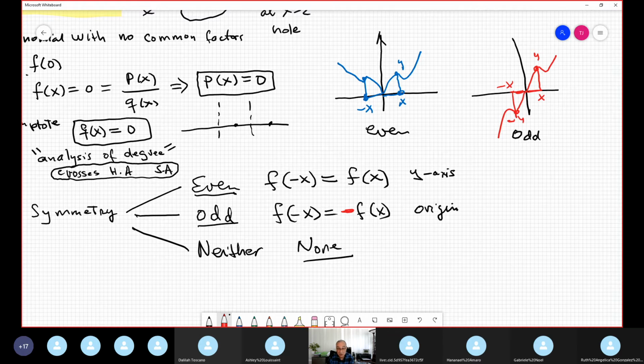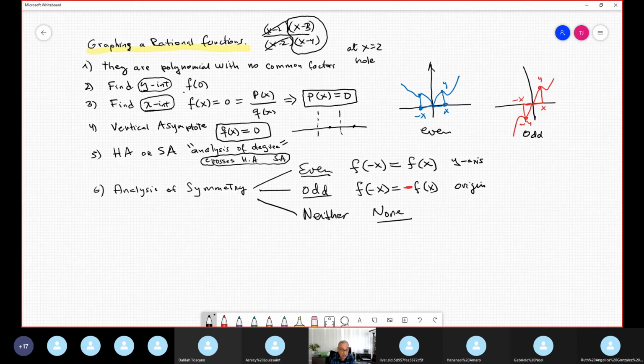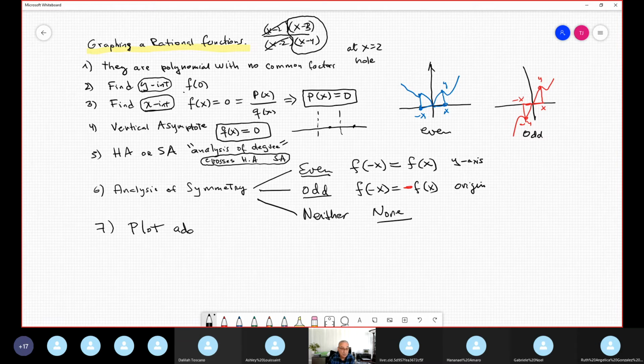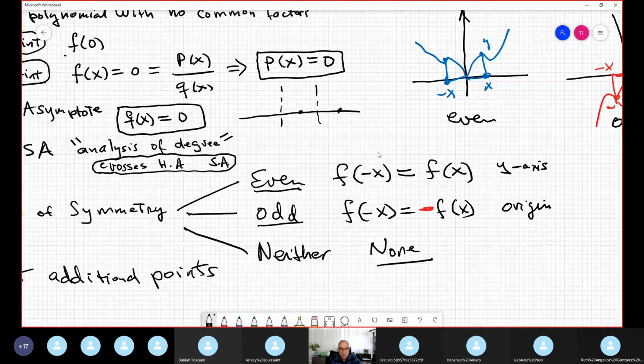So you take advantage, because the last step is number 7. Remember, we have 7 steps. I need the 7 steps in the test. The 7th step is to plot additional points. How do you select the points? How many points do we need? How do you select them? Well, my recommendation is, in the moment that we are doing this rough sketch,